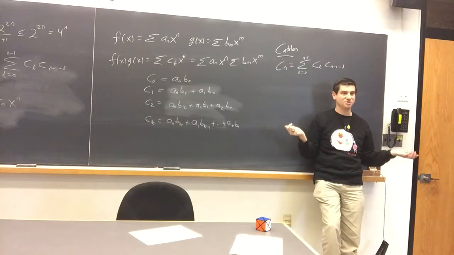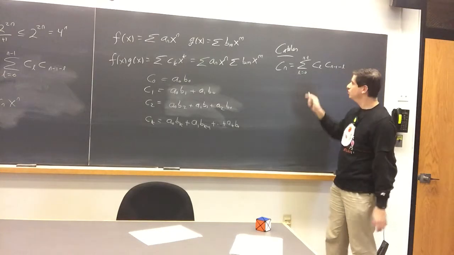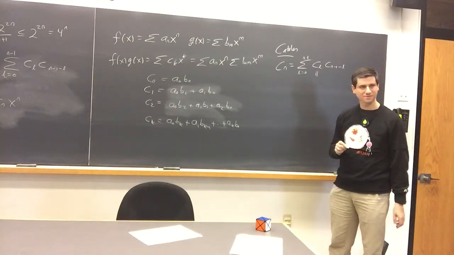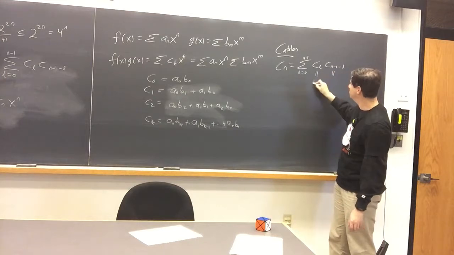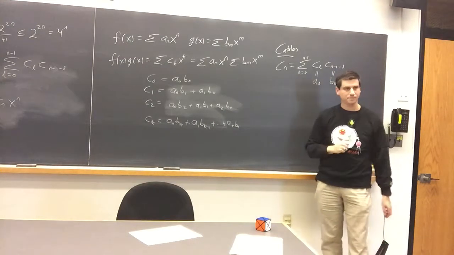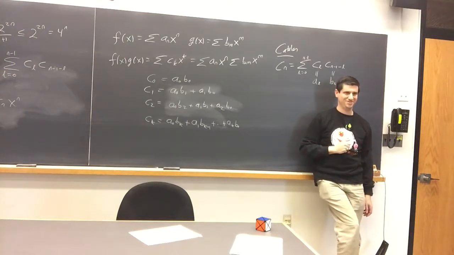X, or 1 over x, depending on which way you want to shift. So it's not really that big of a deal. So what this is suggesting is, what should we take for our a's? What should we take for our b's? This should be a_l, this should be b, n minus 1 minus l. And what we should do is, it's called self-convolution. Let's multiply the function by itself.